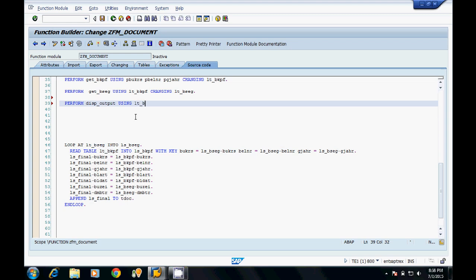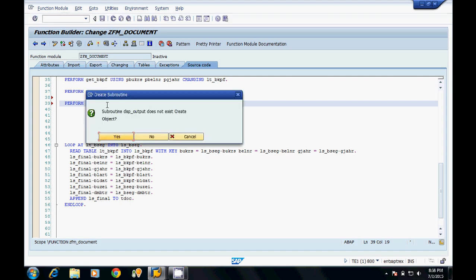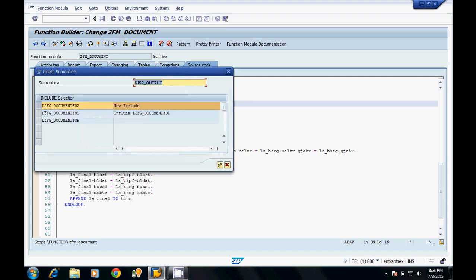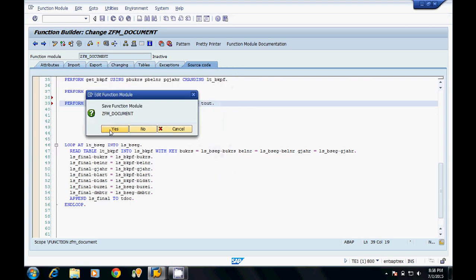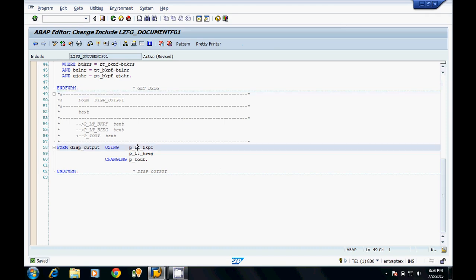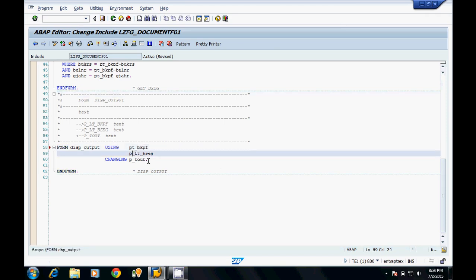First one is LT_BKPF, second one is LT_BSEC, and last one is our changing parameter, that is TOUT. Now I will create this subroutine. Yes, I want to create. I will include the logic in the previous include. Yes, yes. Now we have two using parameters. Now we have one changing parameter.